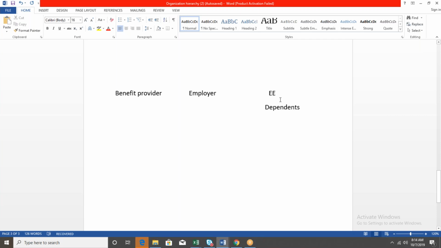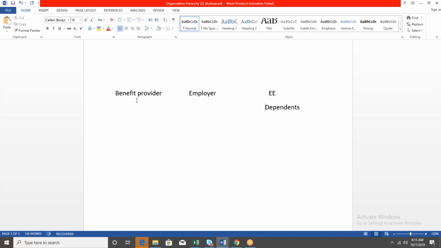If dependents also eligible, then for dependents also the employee has to contribute some of the amount, and employer also has to contribute some of the amount, and both the amounts should be paid to the benefit provider. If the employee is in urgency or in risk, or the employee has to claim, he is not going to ask the employer. He has to ask the provider. Normally, most of the providers nowadays are giving a card, a unique reference ID, a unique reference number card.